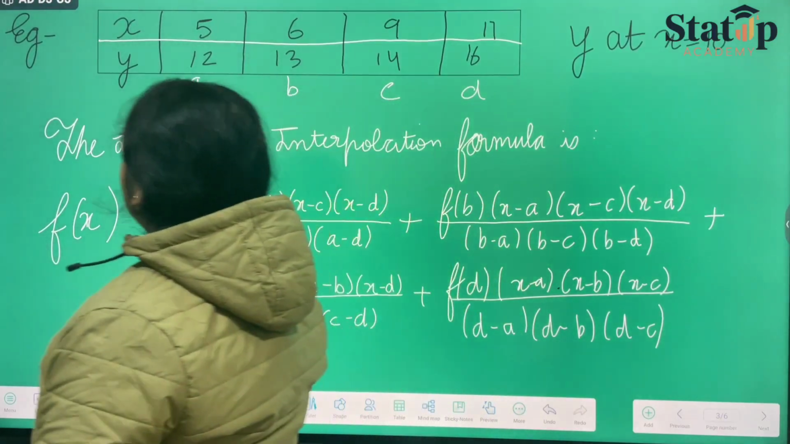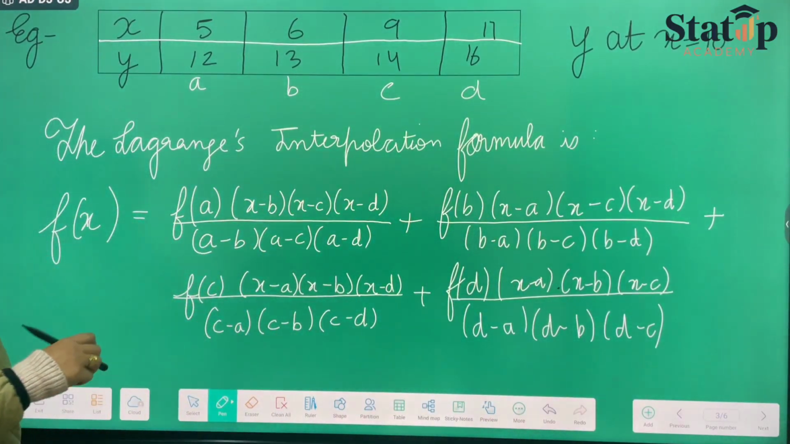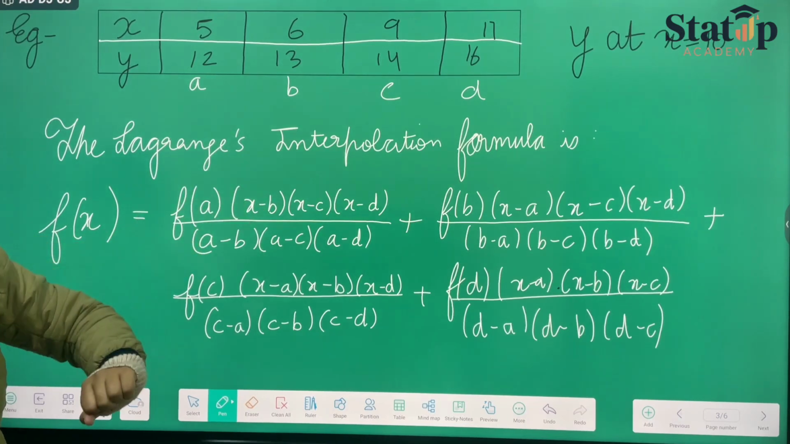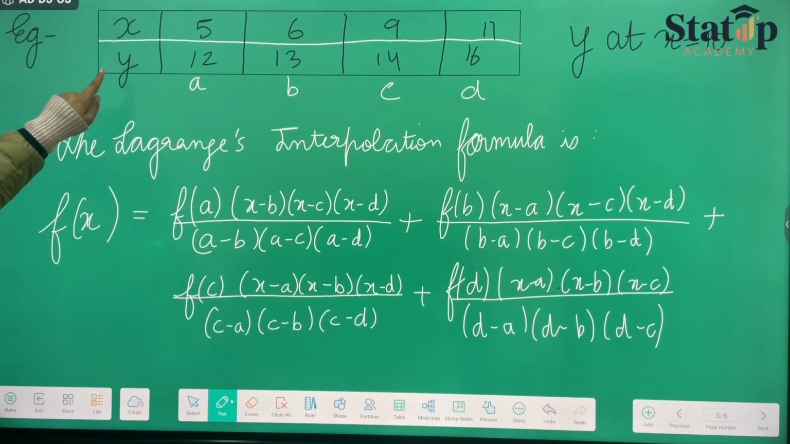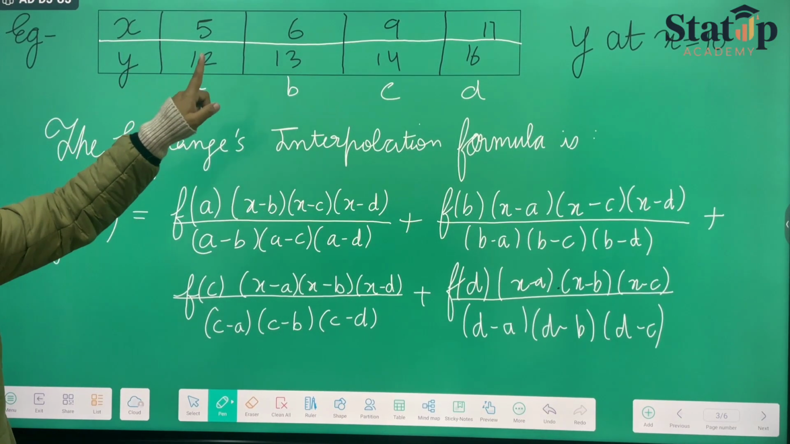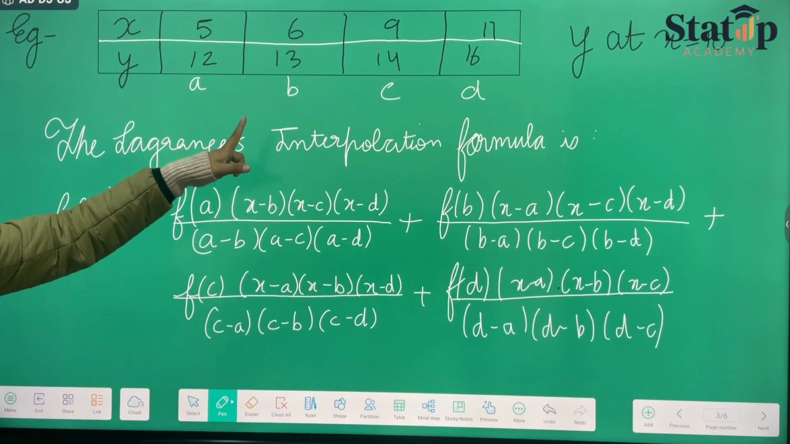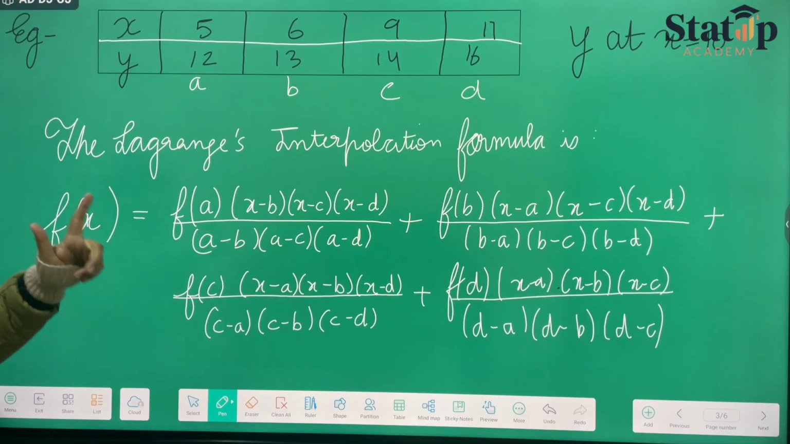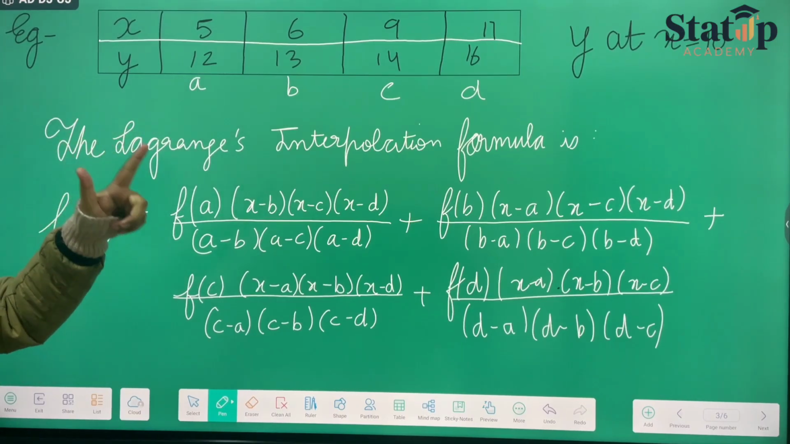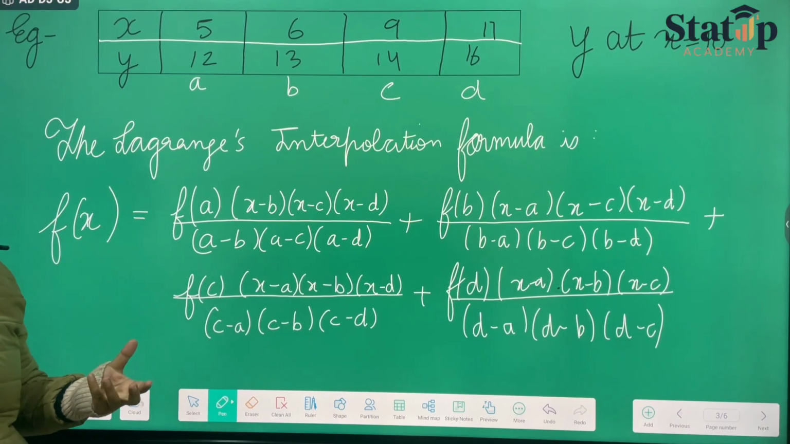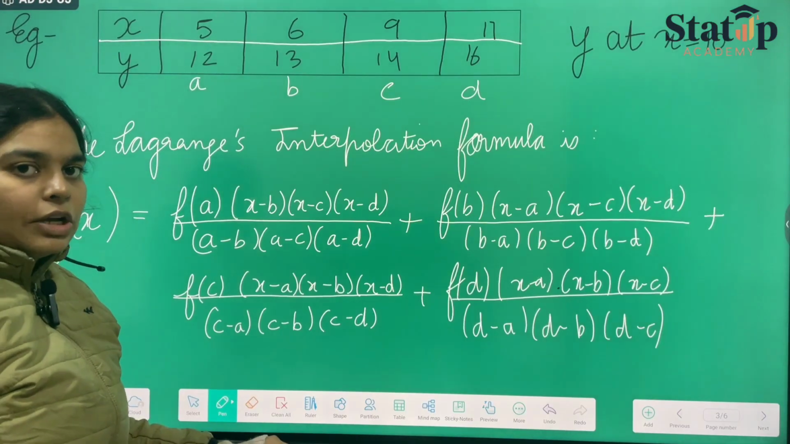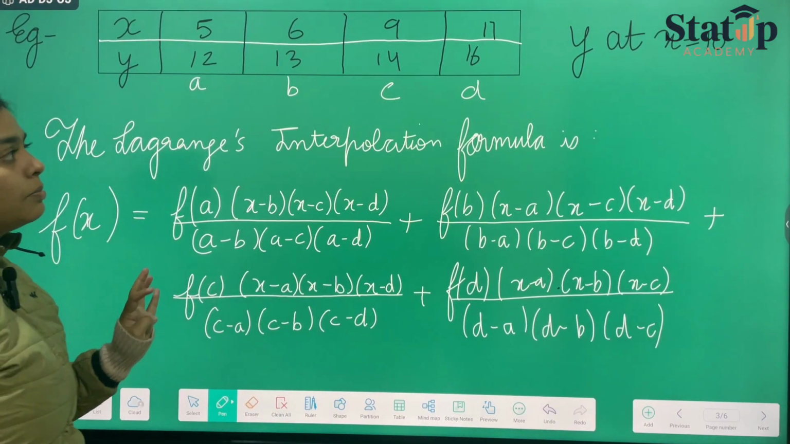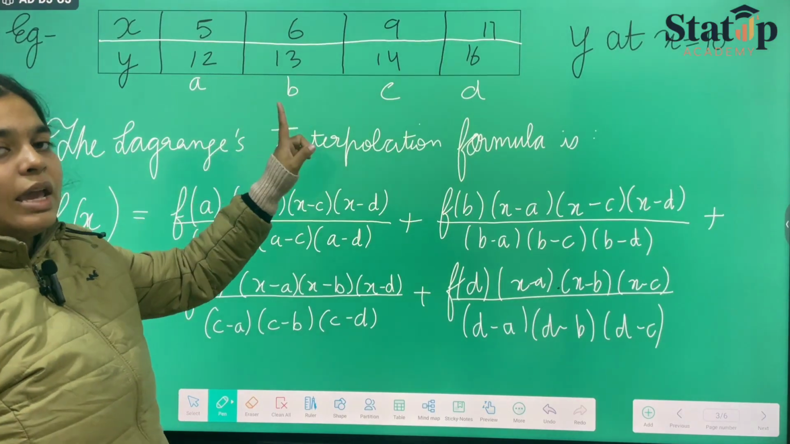Suppose we have been given a table of x and y, and we have to find the value of y at x equals 10. The x values given are 5, 6, 9, 11 and 12, 13, 14, 16 are respectively the values of y for those x's. Now x equals 10 lies between 9 and 11. As I've told you, we can find it inside the range or outside the range as well. Because there are four terms a, b, c and d,